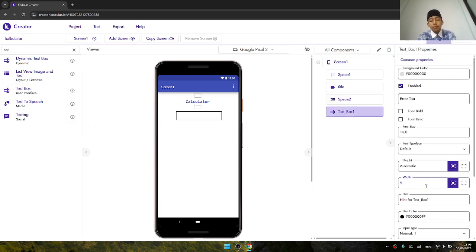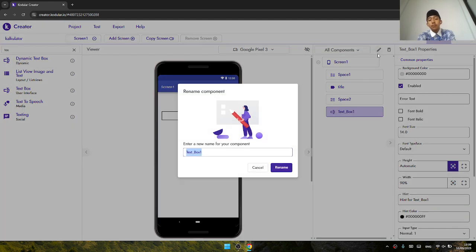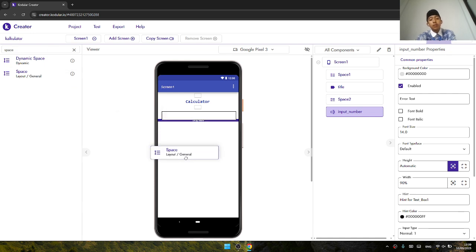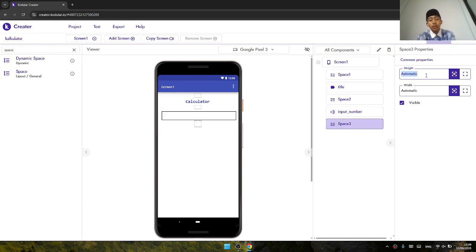We set the width to 90%, and then we change the ID to input number like this. Yeah, and then we will add some space again in the bottom of this. Set the height to 3%, 2% I think is enough.